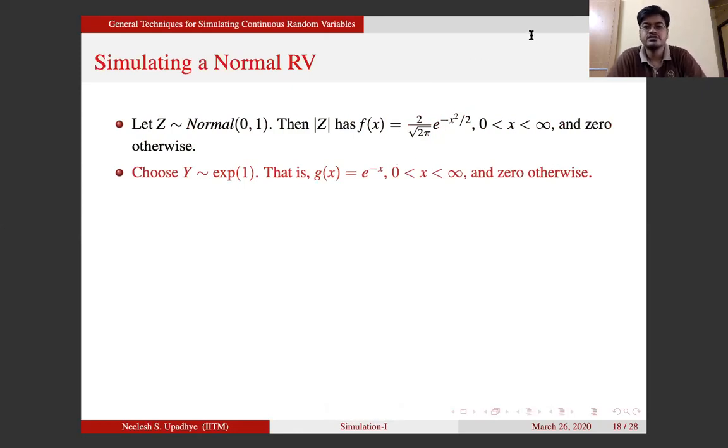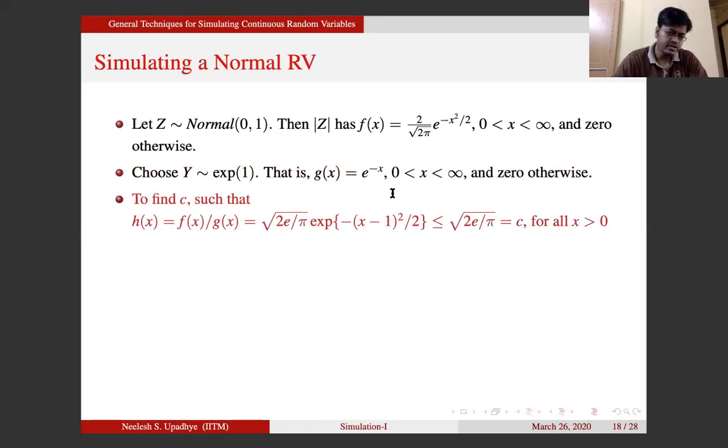Okay. So, to keep it simple, I will choose g to be an exponential 1 random variable. I know g(x). Obviously, I need to compute f(x)/g(x) for 0 less than x less than infinity. Now, in this case, you don't have to rely on calculus methods. For example, you can easily see that f(x)/g(x), if you take the ratio, will be less than or equal to